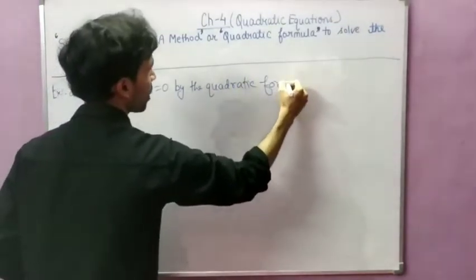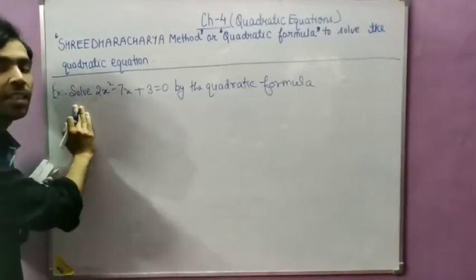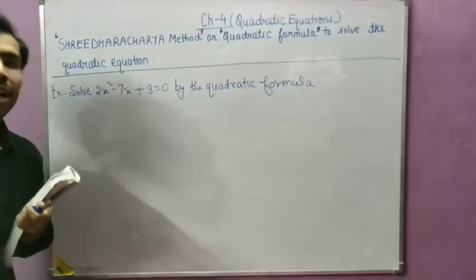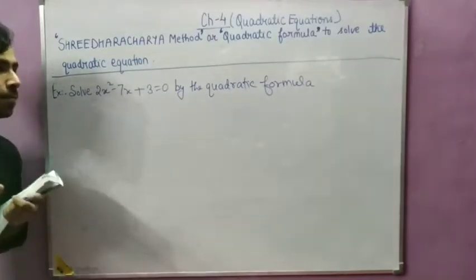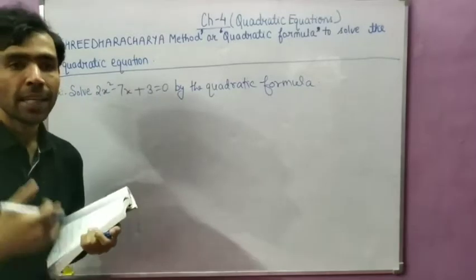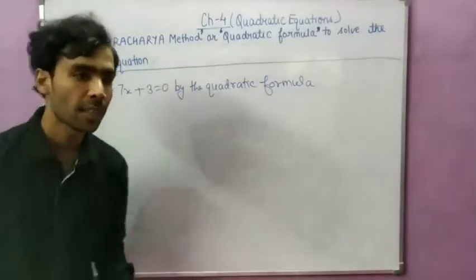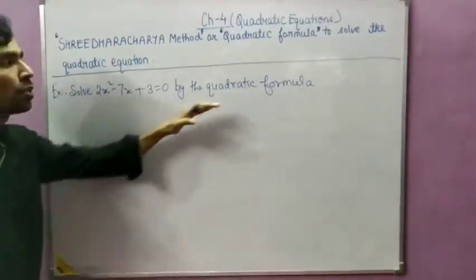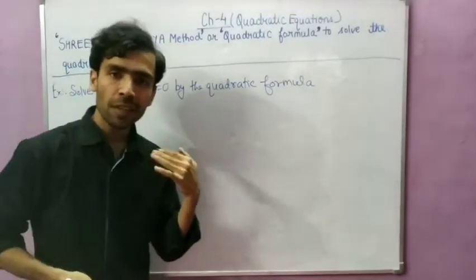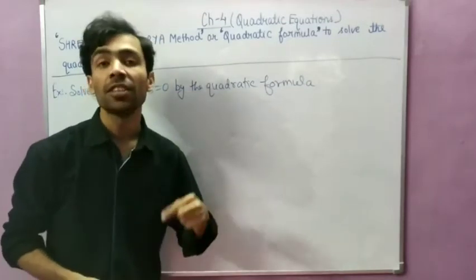Quadratic formula or Sridharacharya method, both are the same. If solve is written, it is also the same. If in the question it is written to find the roots, both are the same. So don't be confused that solve is different and roots is different. Both are the same. In solve you find the value of x, and in roots also you find the value of x. So we have to solve this question using the quadratic formula. So the first step is that whatever quadratic equation is given, first compare it with the general form.